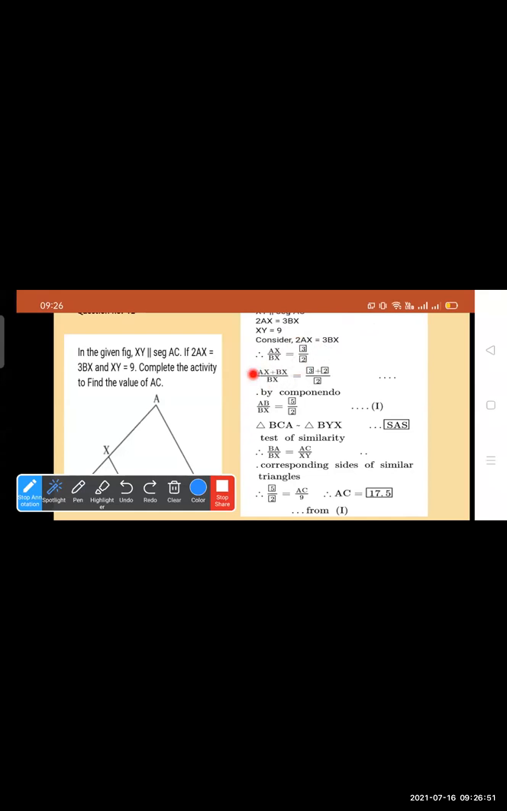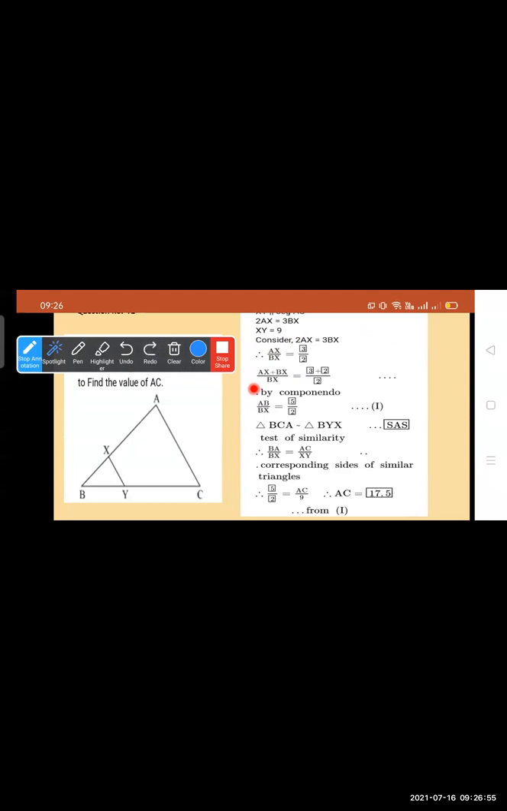Then AX plus BX divided by BX. So AX is 3, BX is 2, again 2. So 3 plus 2 is equal to 5, by componendo property, and this is 2. So we get 5 by 2. Clear? Now, they say that